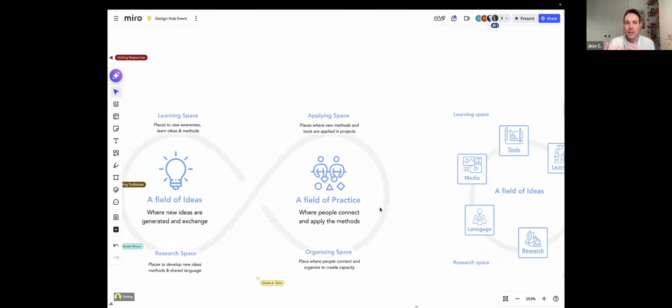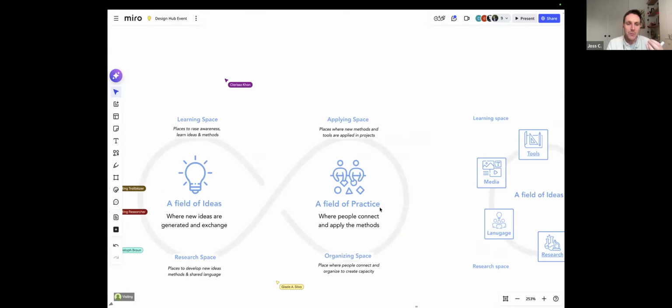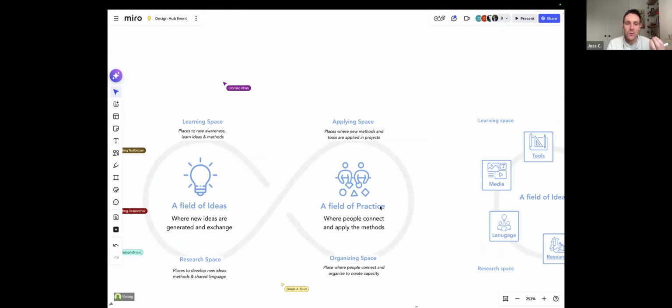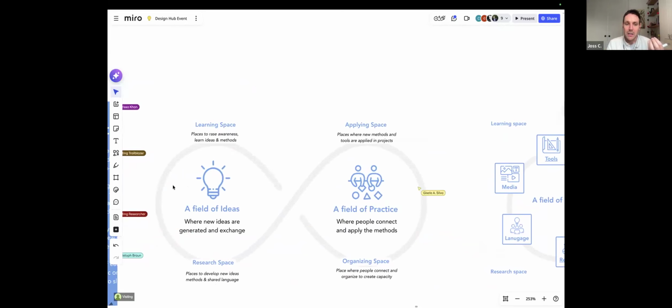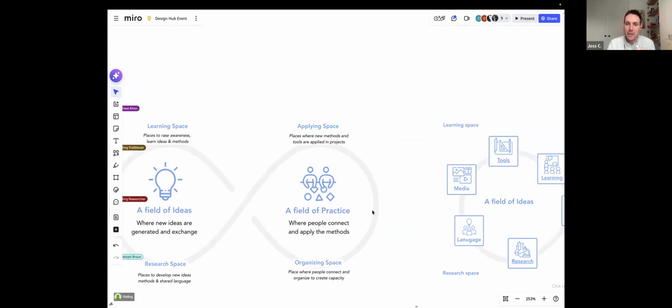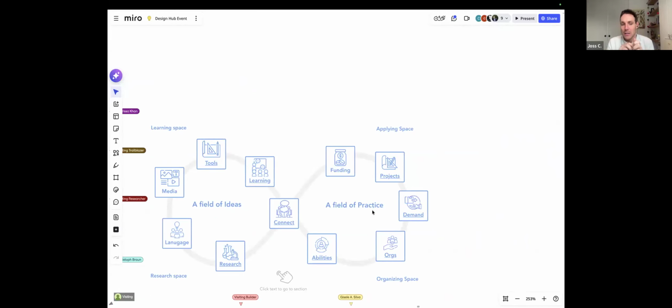And the way we're looking at it is what are the pieces that need to come into focus to really develop and grow an ecosystem, a community for moving this whole practice, the whole theory and practice of systems design forwards. So we look at, on the left-hand side here, a field of ideas and design language and research and learning and so forth, and on the right a field of practice, and we then break that out into these different dimensions here. And the guide then looks at some of these, not all of these, and focuses in on them. So we start with research. I'll show you a little bit now.